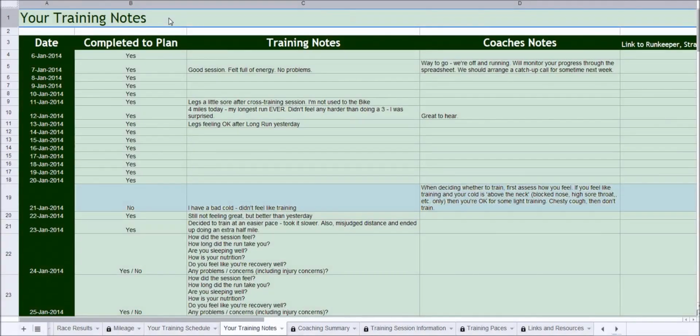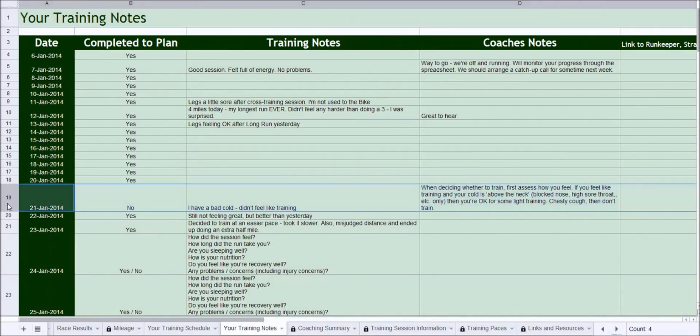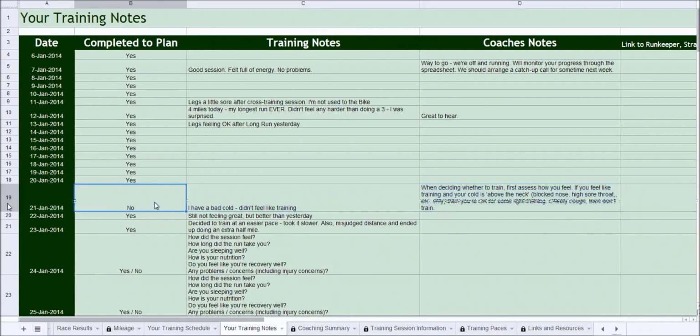So let's flip over to the training notes and we'll go down to the 21st of January, which is the day in question. We can see that John has said that he hasn't completed the training to plan, and that the reason for that is that he's got a bad cold and didn't really feel like training. And because the Runner's Paradise custom training plans are hosted online and accessible by both the coach and coachee, the coach in this instance has picked up John's comment that he has a bad cold, and he's